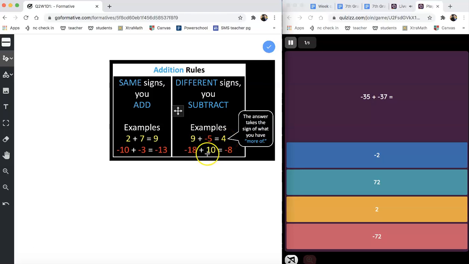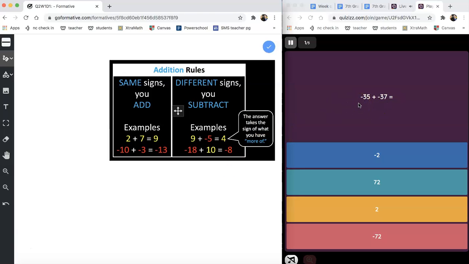Down here though, you have 18 negatives. Think of 18 red chips compared to 10 yellow chips. You have more red chips, so your answer ends up being a negative 8. So when you do 18 minus 10, you get 8. It's actually a negative 8. So there's your review of the adding integers rules, and we're going to go ahead and apply them on this